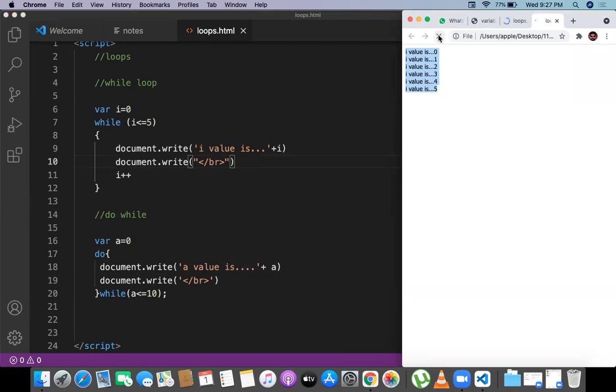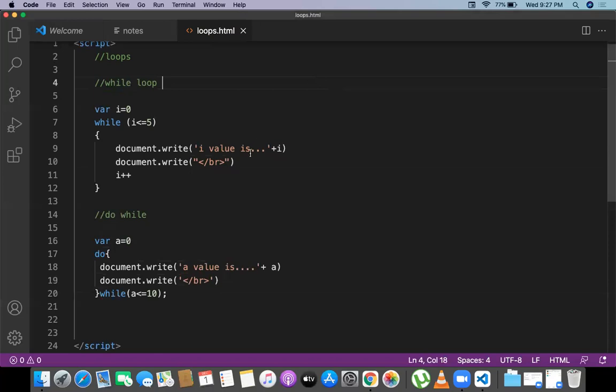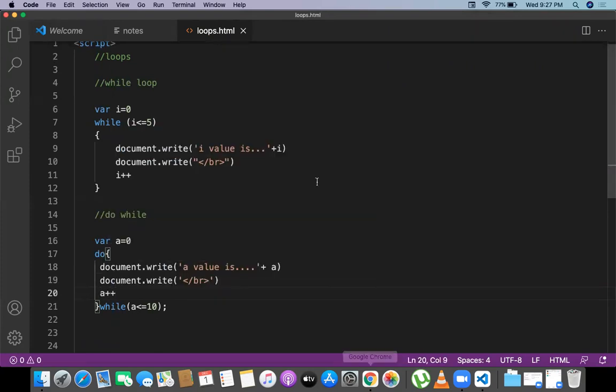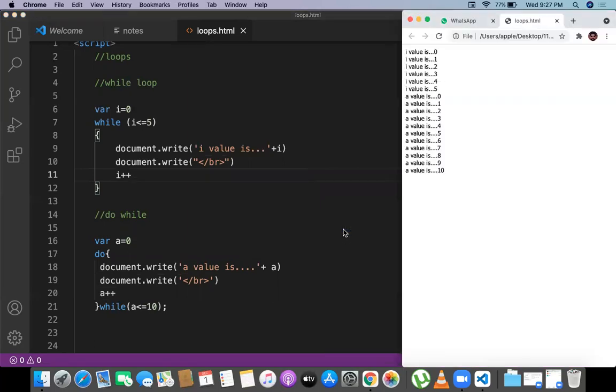So somewhere we got the issue. Output is not coming. When output is not coming, we need to check, understand. Yeah, so we are not printing that a plus plus. It is missing. That is a problem. Basically, loop is not working.